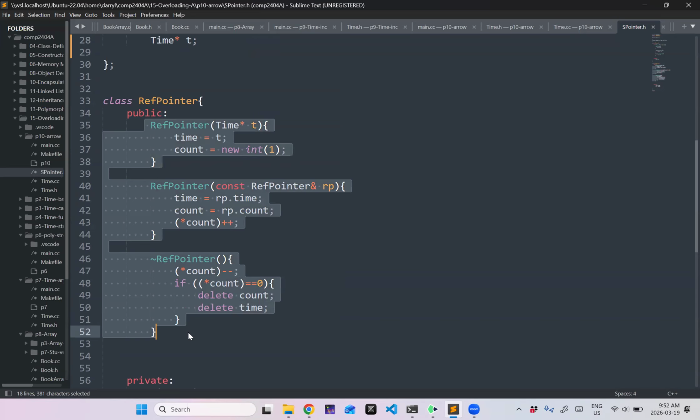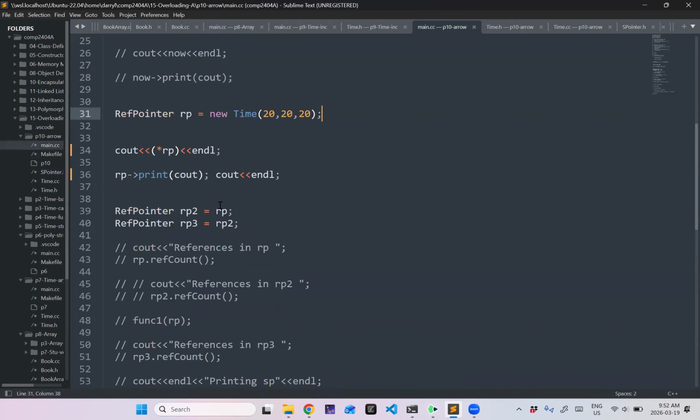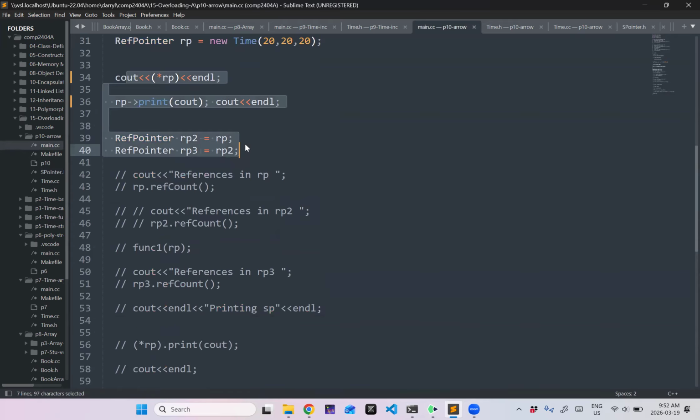Because the assignment operator, now I might be releasing a reference to this time object, and then now I'm acquiring a reference to this one. So I have to check, oh, do I need to delete this old one? And is this a new, you know what I mean? So there's a bit more to it, but in terms of a simple reference counting pointer, this should work. I mean, it doesn't do much, but